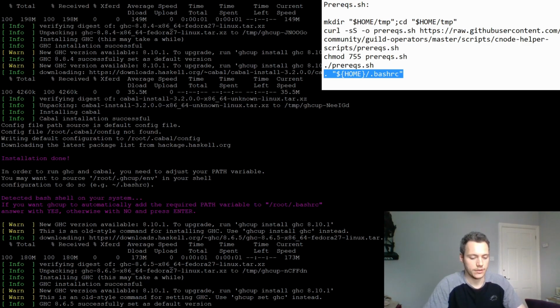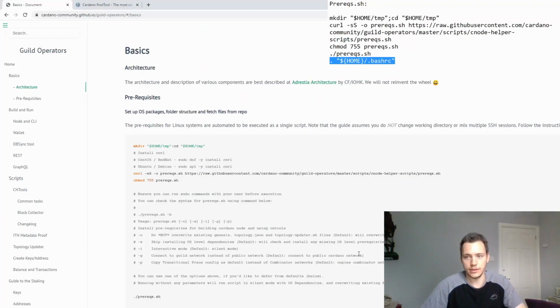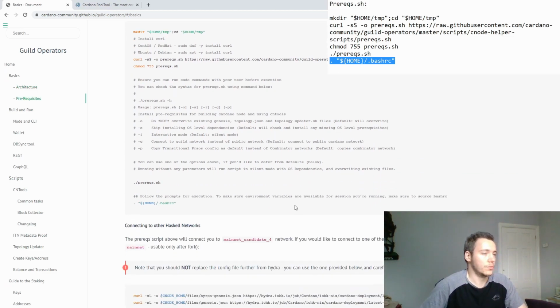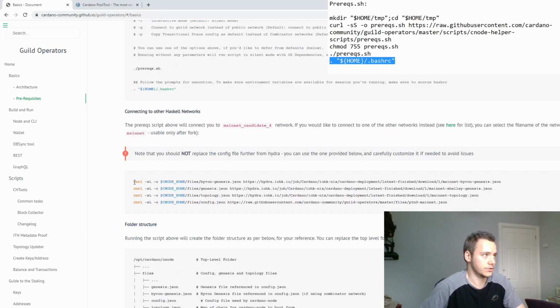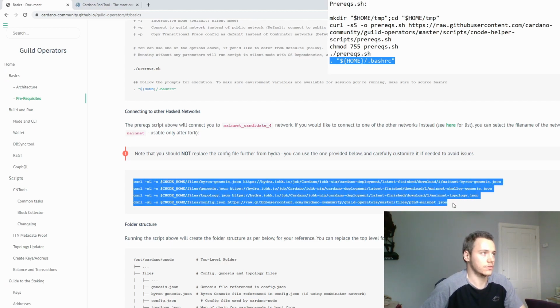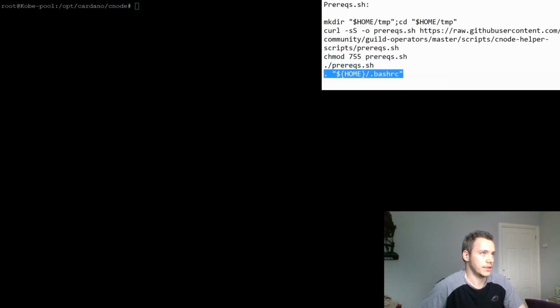Why? Because the CNTools was configured for the mainnet candidate testnet, lastly mainnet candidate 4. So by default, it gets the mainnet candidate 4 files. So if you would run the cnode now, you would connect to the mainnet candidate 4 network, and that is not what you want. So we need to run this block of code, which is just getting